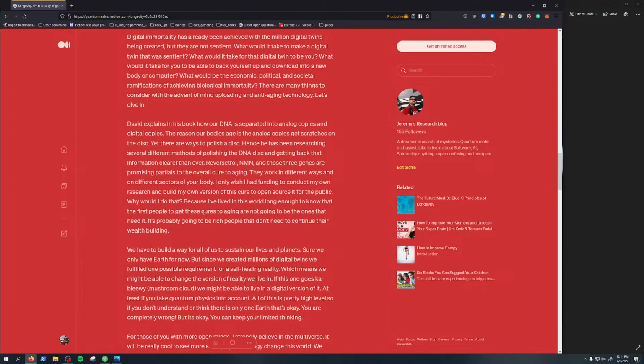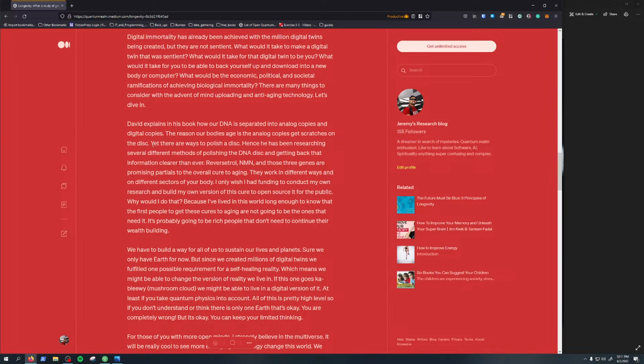David explains in his book how our DNA is separated into analog copies and digital copies. The reason our bodies age is the analog copies get scratches. And so in the book, he compares the DNA to a disc, like a CD. If you don't know what a CD is,